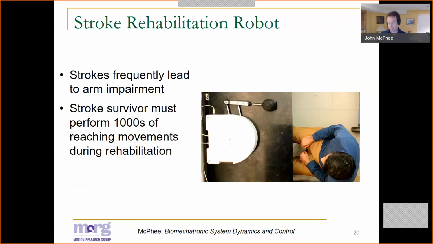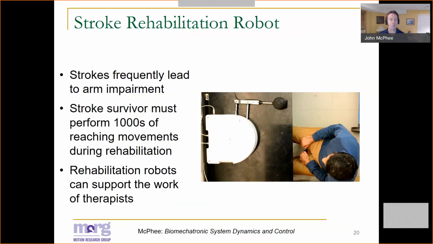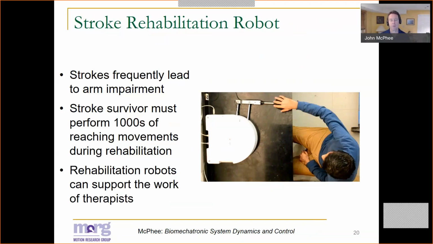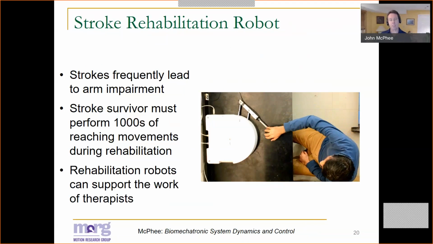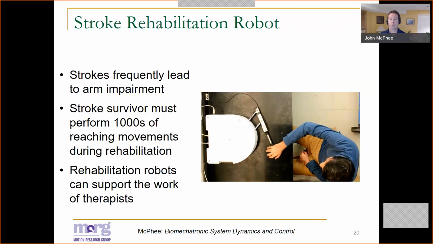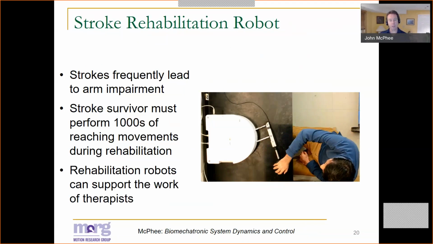And so it seems like the rehabilitation robot that's shown here in our lab can support the work of a physiotherapist or an occupational therapist. What we envision is, instead of one therapist working with each patient, perhaps we have one robot with each patient, providing quantitative feedback to the patient, not just qualitative. And these robot-patient pairs are being supervised and supported by a smaller number of therapists.